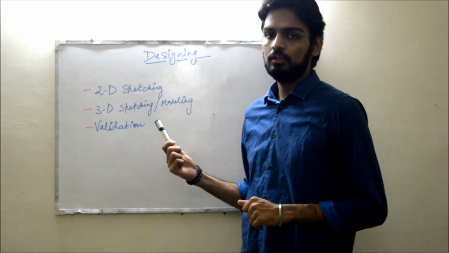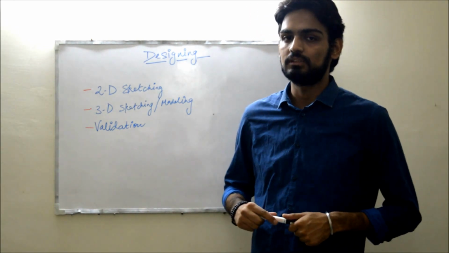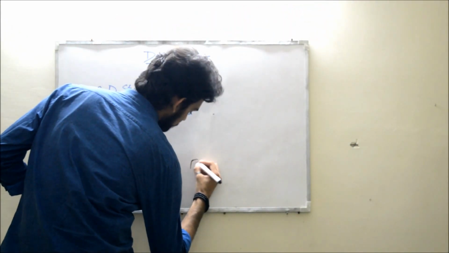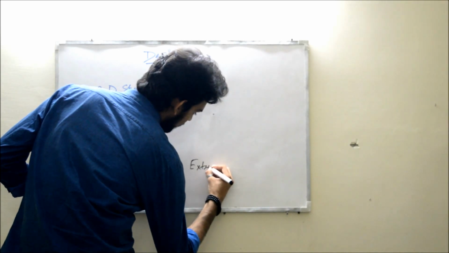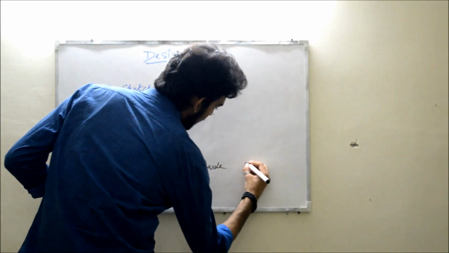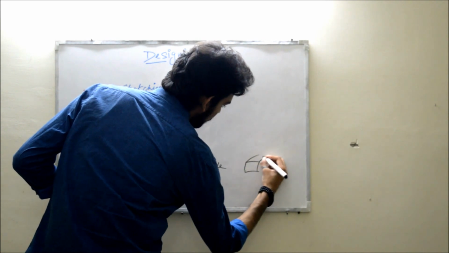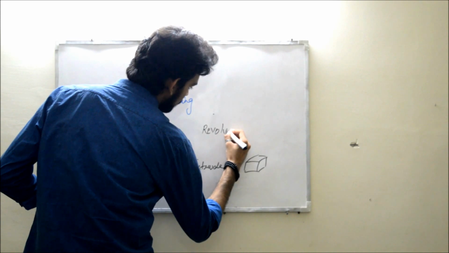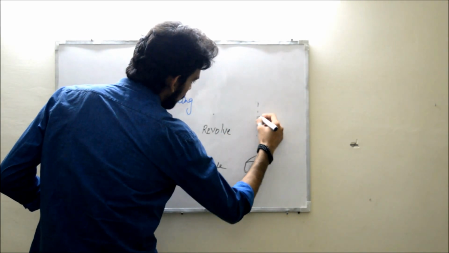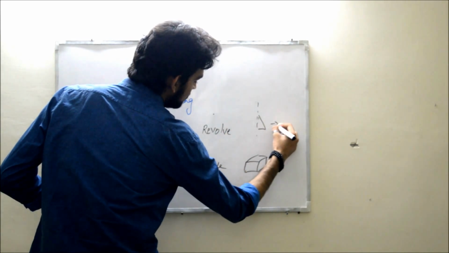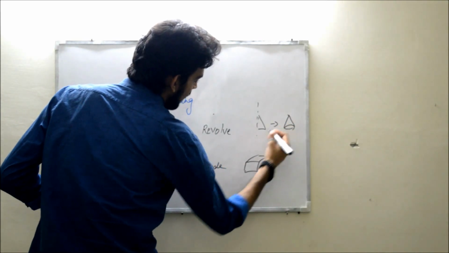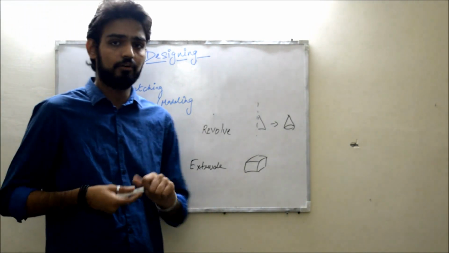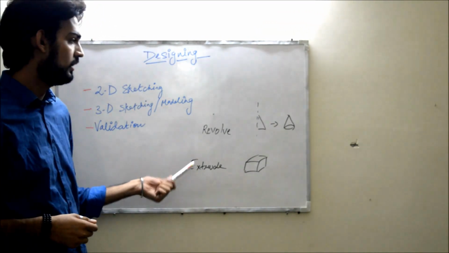After completing 2D sketching, we need to do the modeling. Now, modeling is done to bring out the live shape and size of the sketches. We can use features like extrude, which can turn a simple square into a cuboid, or we can use features like revolve, which can revolve any structure along an axis like a triangle into a cone. It is features like this that makes modeling very interesting, and it is capable of bringing out the true view